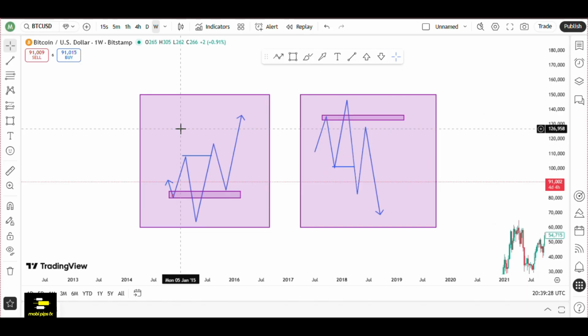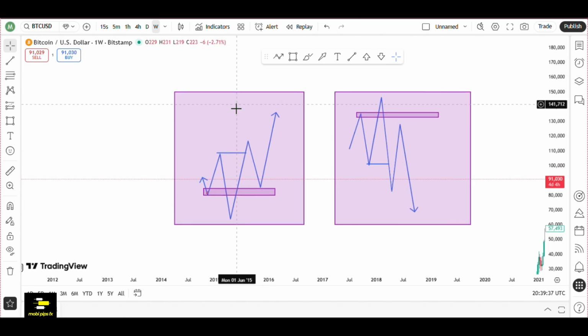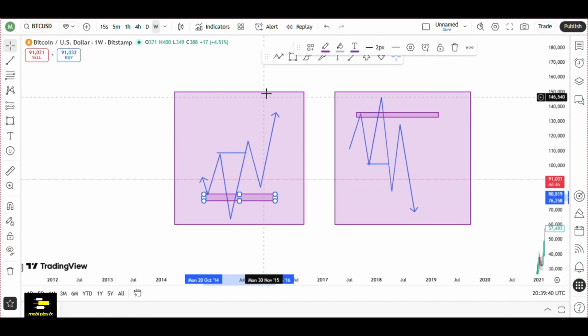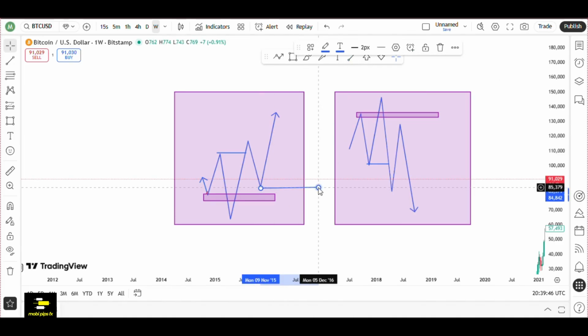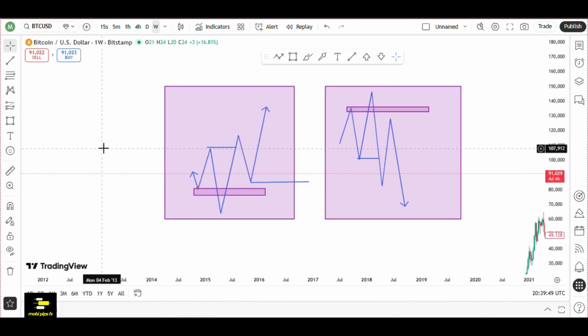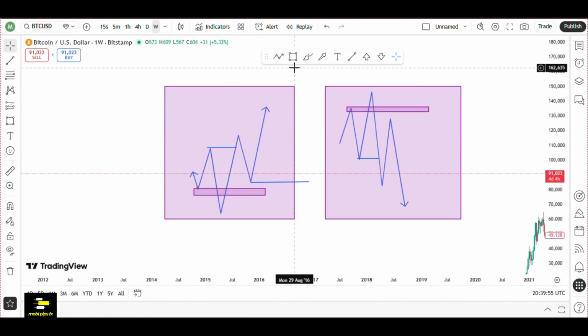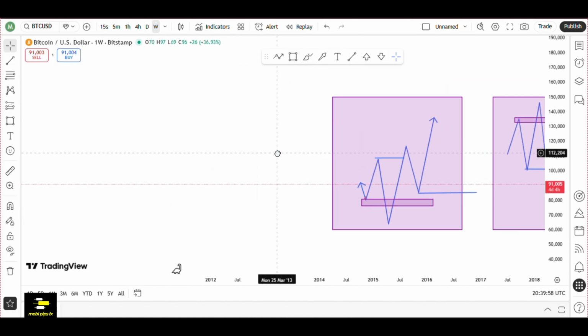The next we are talking about is structural liquidity. What is structural liquidity for? Structural liquidity is for continuations. First of all, where is our structural liquidity? In this buy setup, this is our structural liquidity. So what happens? Let's look at it here.